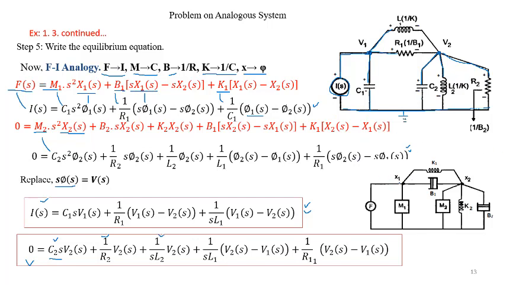Wherever we add x1, we can replace it by v1, x2 we can replace it by v2, and where we add f, we can replace it by r, and where we add m, there we can replace it by c. And m2, c2, and k2 will be replaced by l2, and b2 will be replaced by r2, and b1 will be replaced by r1, and k1 will be replaced by l1. So this diagram will help you to redraw this one, but it has to be in a nodal diagram. This is what I suggest. This is just a hint to remember.